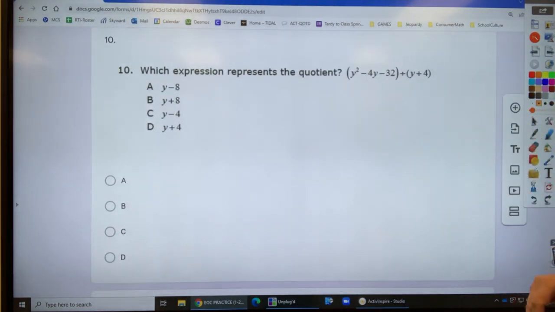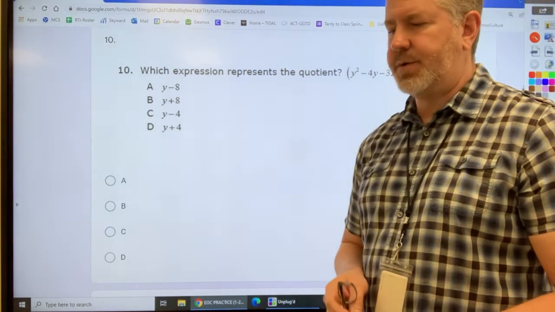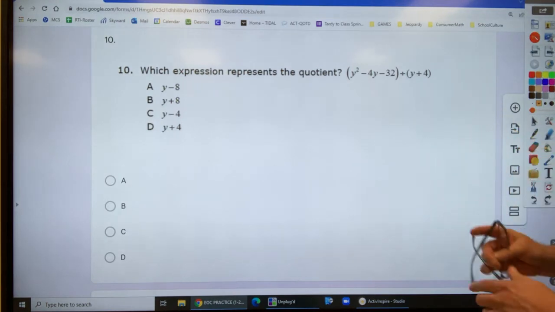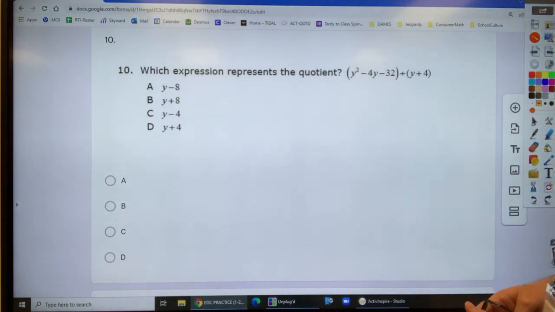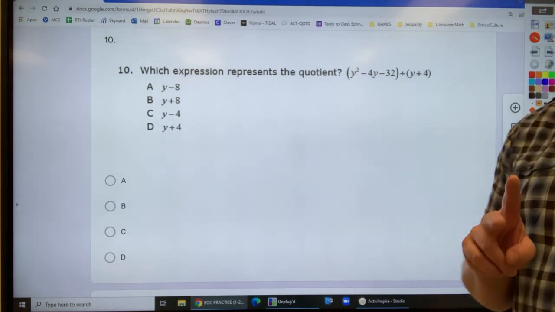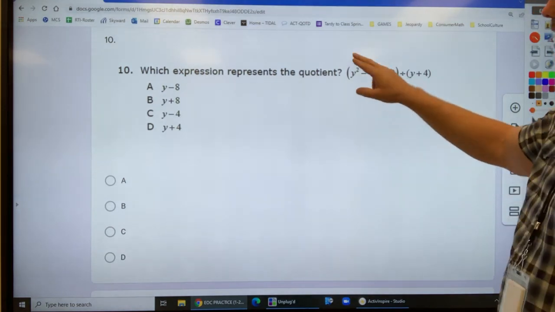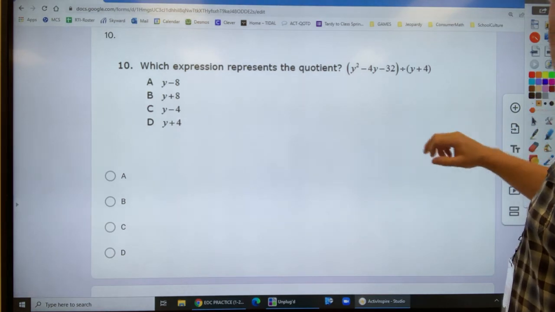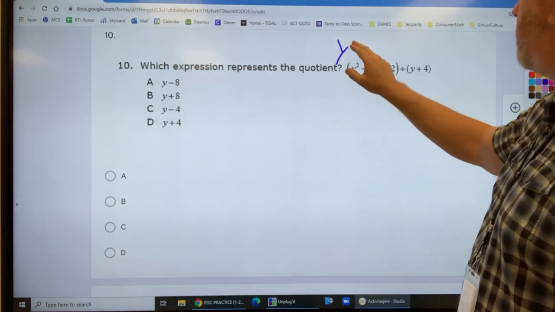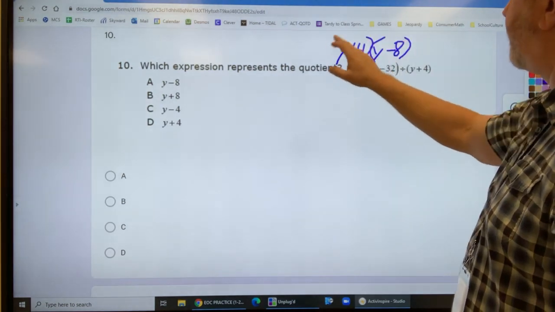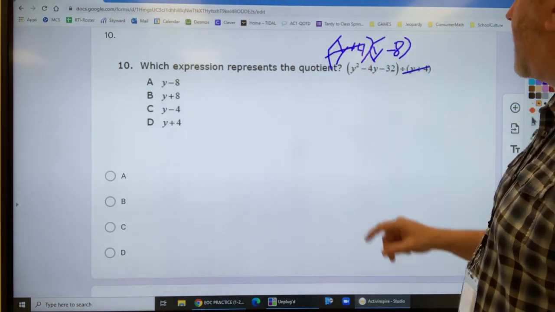And number 10, the last one for this set. Again, this is EOC Practice 1 through 20, and I'm doing 1 through 10 on this section. So which expression represents the quotient? Okay, we can do it one of 2 ways. We can factor that really quickly. That would be y plus 4, y minus 8. So if I divided that by y minus 4, the y minus 4s would cancel,